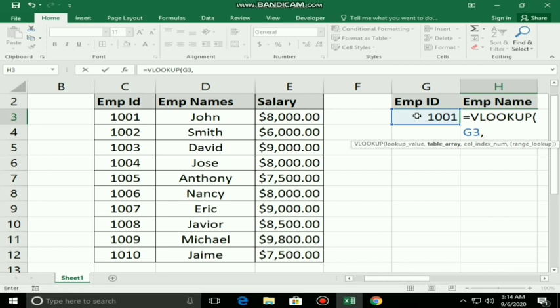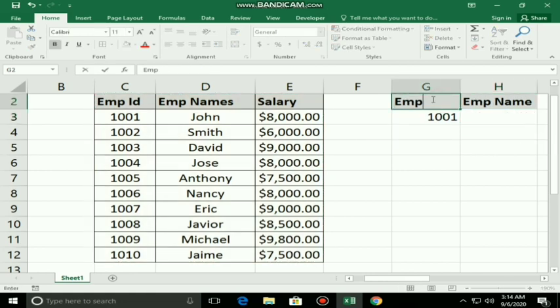This is the drawback. That means I have to start selecting like this, not like this one. Here I am skipping the employee ID completely, so it cannot be like this. The first column here is employee names. As I told you, the first column should always be the list of employee IDs, since I am using the employee ID as the lookup value.